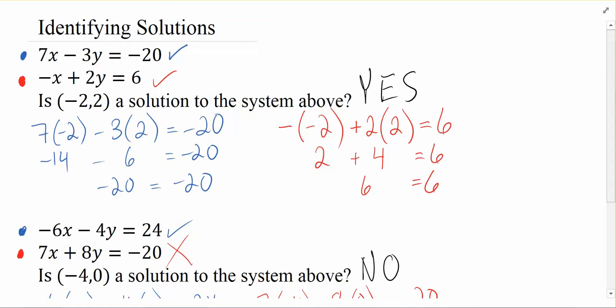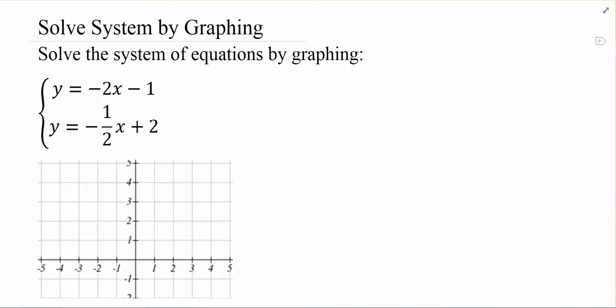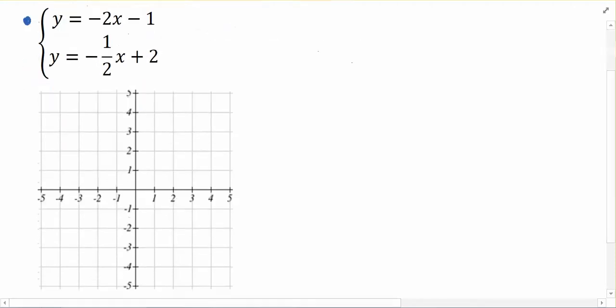That's the solution. So we can actually solve a system by graphing if we just graphed both of the equations, both of the lines, and saw where they met at. So if I start off with this blue guy here, his y-intercept is -1, and his slope is -2. So we go up to left 1, up to left 1, or down to right 1, or down to right